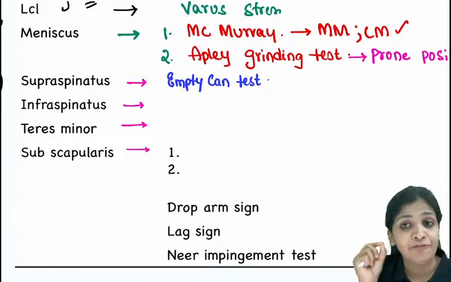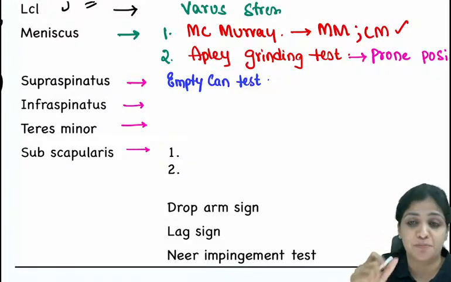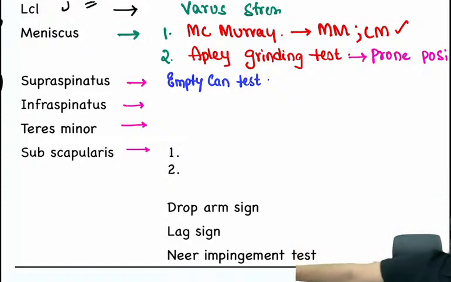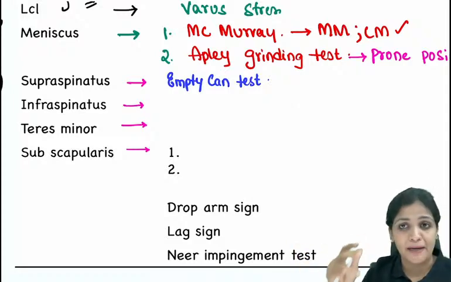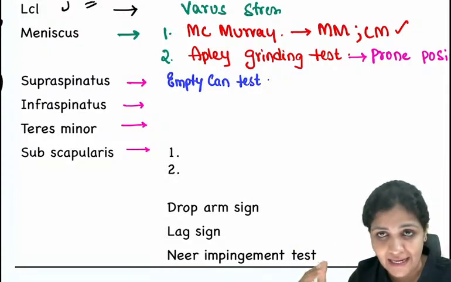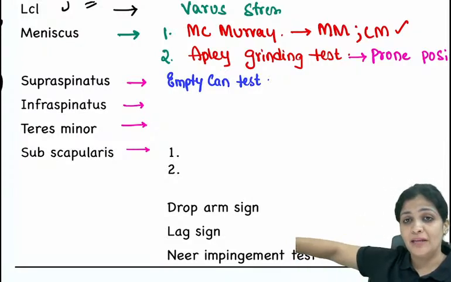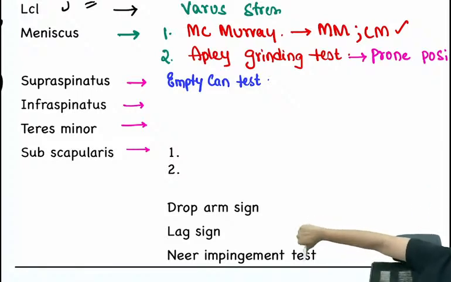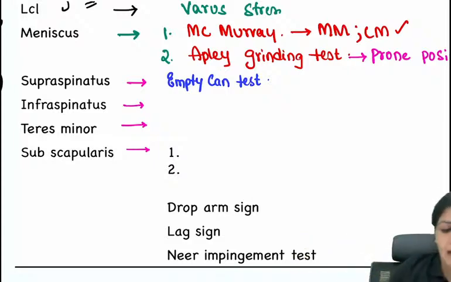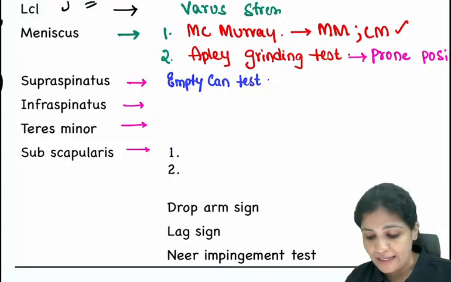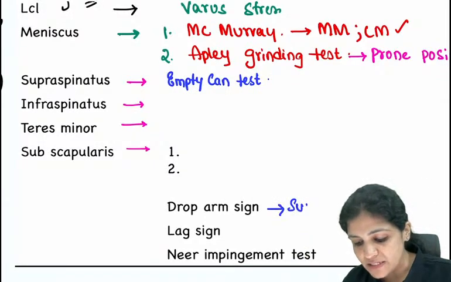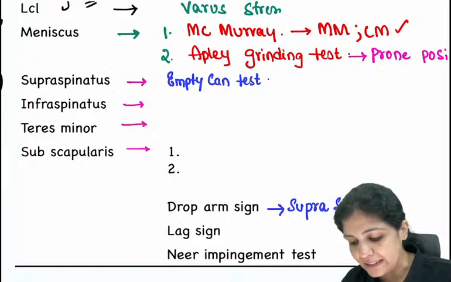Now tell me, if this supraspinatus tear is present, will the patient be able to hold the hand like this in the air for a longer time? If there is a suspected supraspinatus tear, do you think the patient will have the ability to hold the hand like this? She can't hold it for a longer time. Hence, she will be dropping the arm. So this is called the drop arm sign, which is again seen in